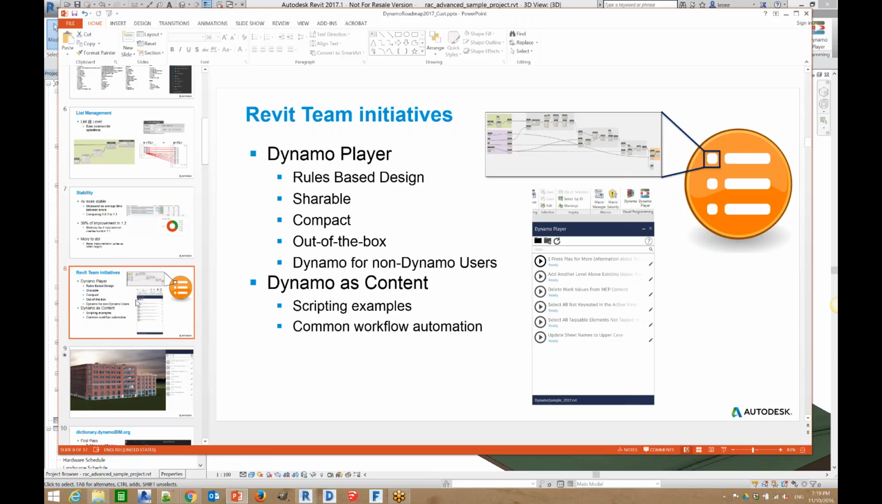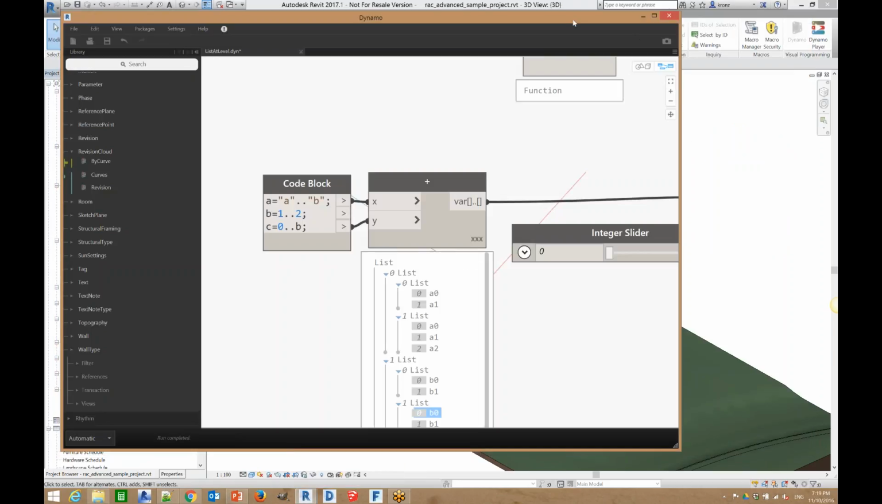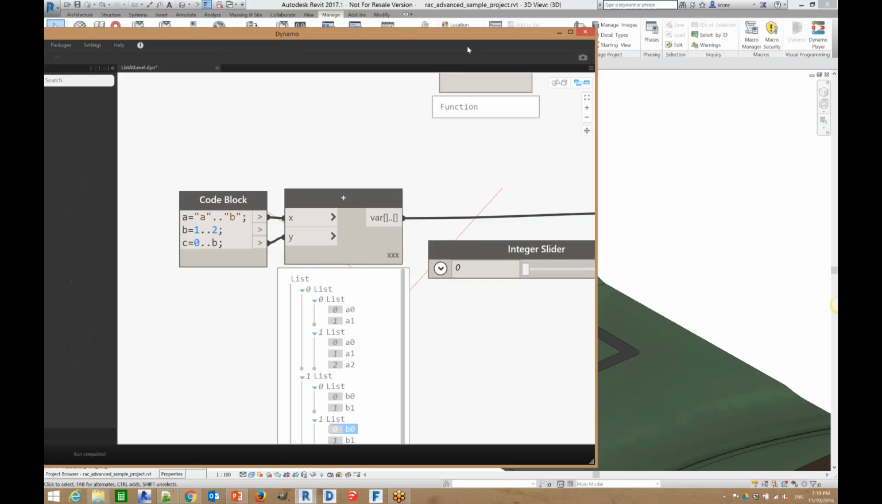One of those big efforts is the Dynamo Player. This is a feature that has come out in 2017.1, and it's essentially a buttonizer. So if you are a person in an office who is comfortable making scripts using Dynamo, and you've got a bunch of people out in your office who are not, essentially this allows you to share functionality with those other people. And just to show you quickly what this looks like, if I go back over here to my Dynamo,